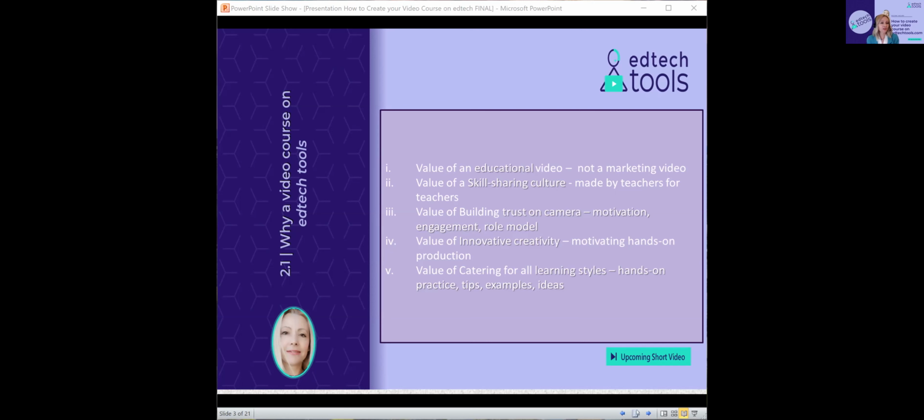The fourth reason is the value of innovative creativity. You will be employing a strategy by which there is simultaneous pursuit of differentiation and low cost to open up a new market space and create new demand. Our strategy on edtechtools.com differs from similar video course creation platforms because it's exclusively based on skill sharing, as we